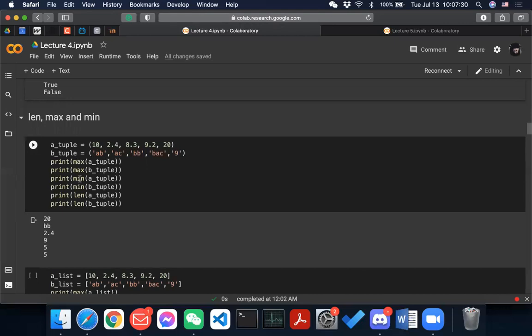And for max and min, for it to get compared, every element in the tuple has to have the same data type, right? Either int or string or stuff like this, or maybe float. That can be true as well. But normally we would do this. And then max, in terms of numbers, we just get the largest number. Min for numbers is just the minimum number.